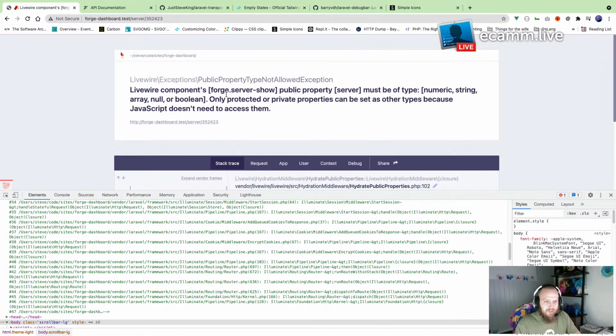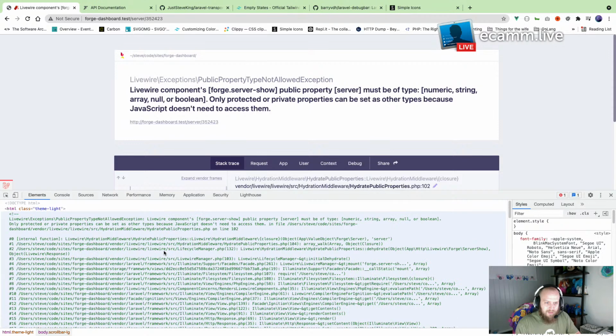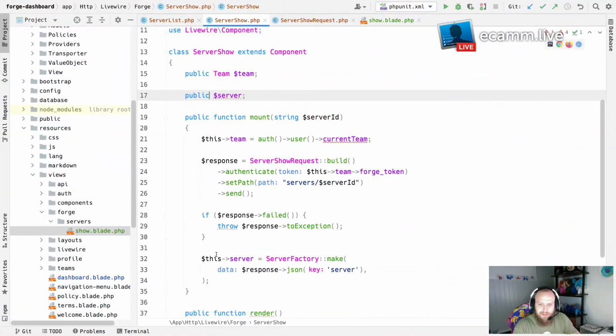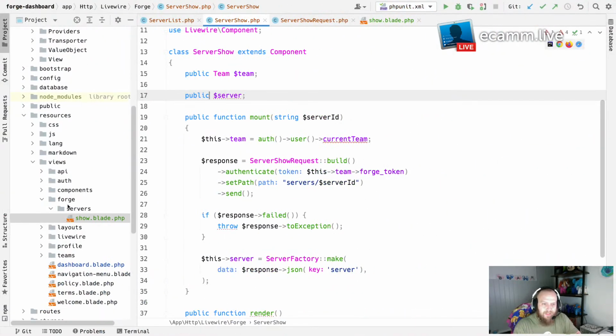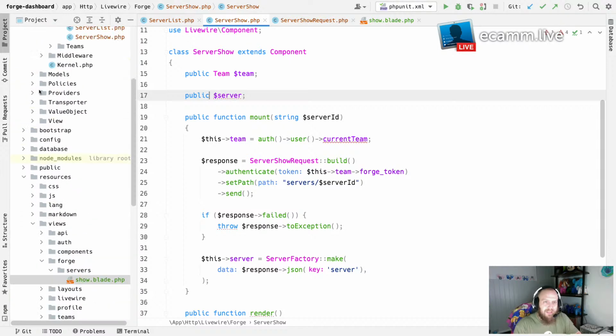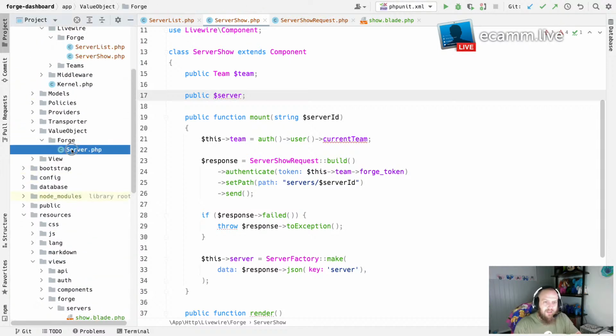Nope, it's just saying nope, nope. Numeric string array null or boolean. Okay. So that means that we need to quickly add a helper method onto our value object